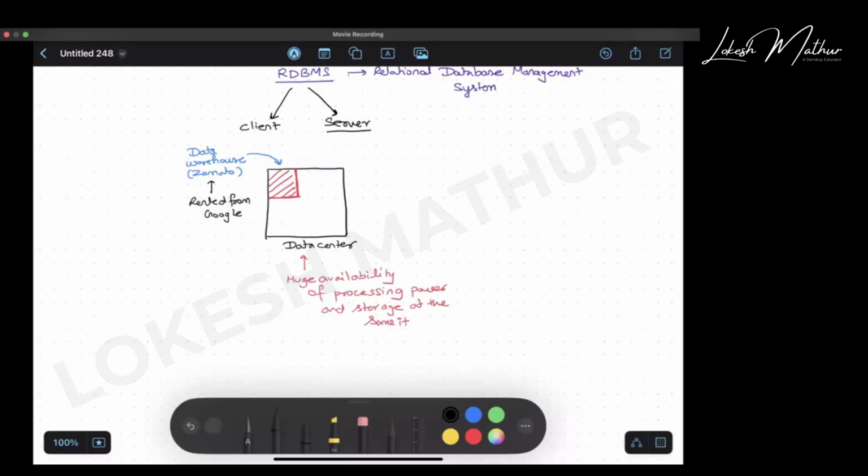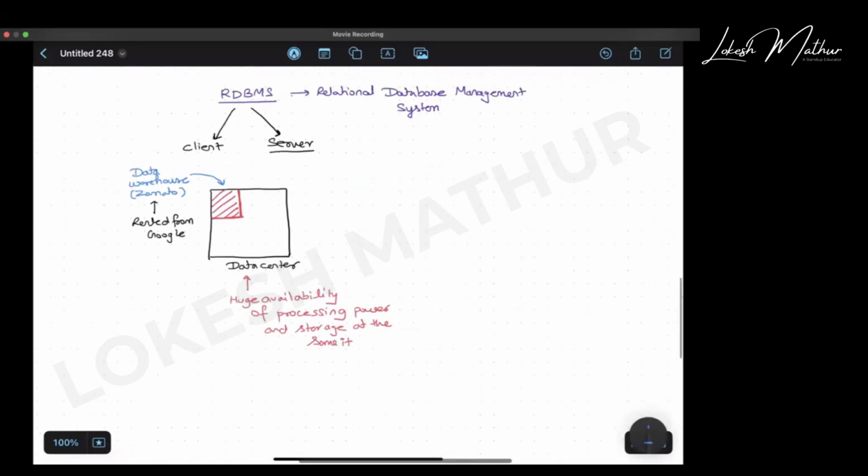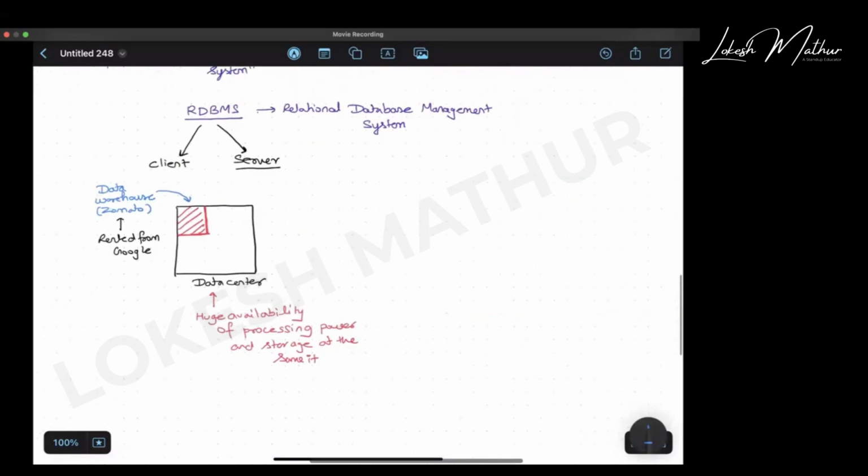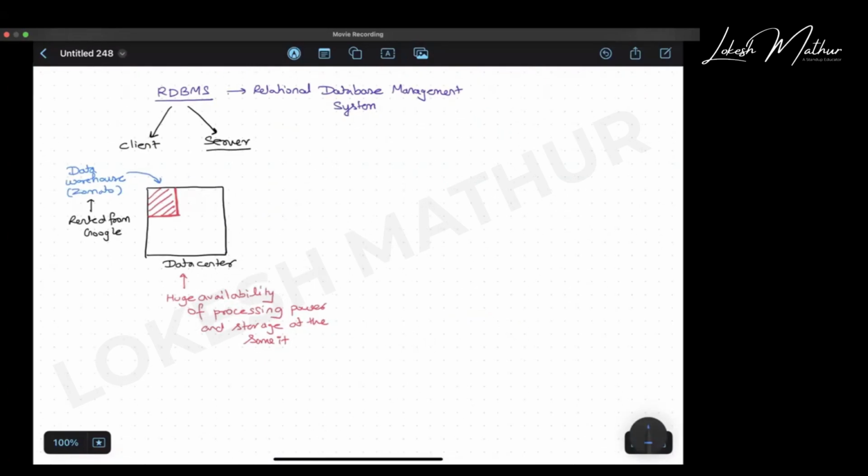Now, I hope you guys know that Zomato has so many companies that they are running together, right? Zomato has a parent company named Eternal, and Eternal has Zomato in it, Blinkit in it, District in it, Hyperpure in it.